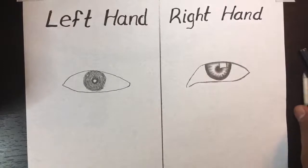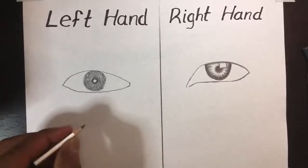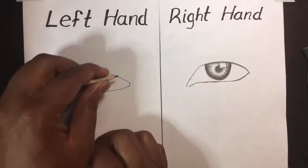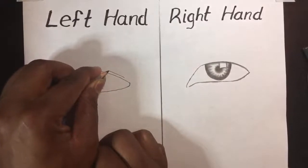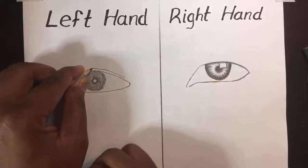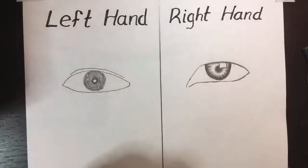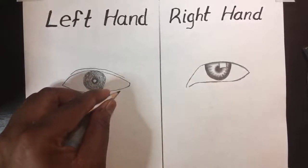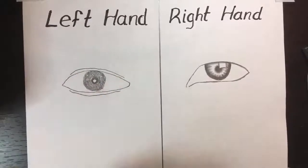Okay, so at this point now, let's go back to our left hand. Most people, when they reach this point, think that it is finished, and all they need to do is put a small line which goes up like this. Guys, please forgive me, I'm not left-handed. I'm just trying to draw like other people, and in order for me to draw the way they draw, I have to use my left hand. Okay, so they draw a line like that,